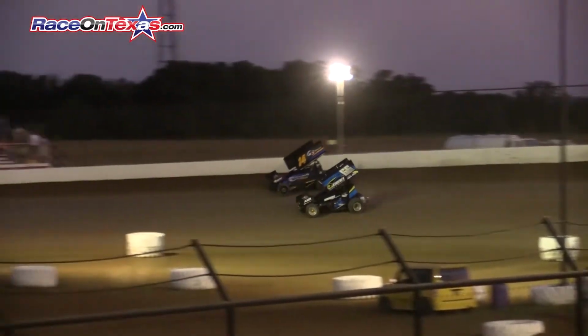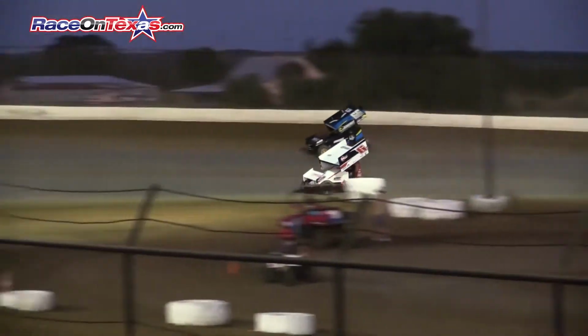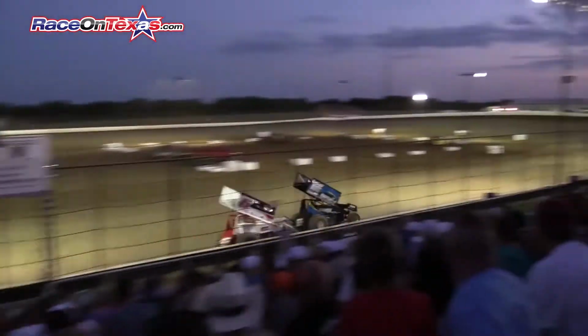Simmons with a good run off the bottom, not good enough though. Tankersley going to hang on to the lead. Simmons hangs on to that second spot. Now here comes Dustin Gates, the hot Louisiana hot shoe, slide job into turn number 3. It sticks this time. Simmons battles back on the bottom of the racetrack. Retakes the